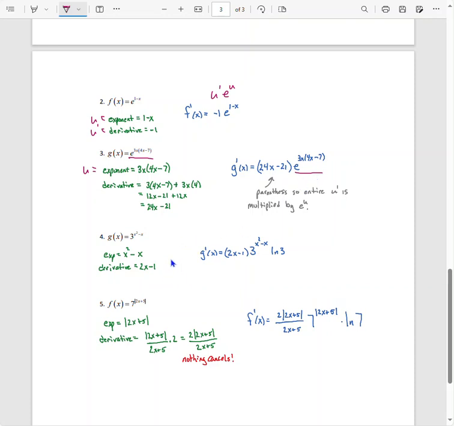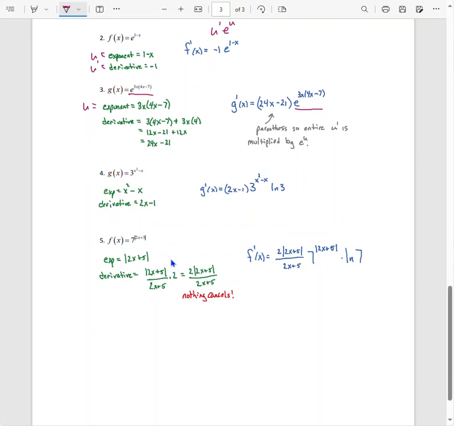What if it's not e? No biggie. We only adjust it a little bit. My exponent, my u value, is x squared minus x. The derivative of x squared minus x is 2x minus 1. Pause to remind yourself if you need to. When I put this together, I will have the derivative of the exponent times the original as it was given to us, and then adjusted for the base. All right, the base, the 3,